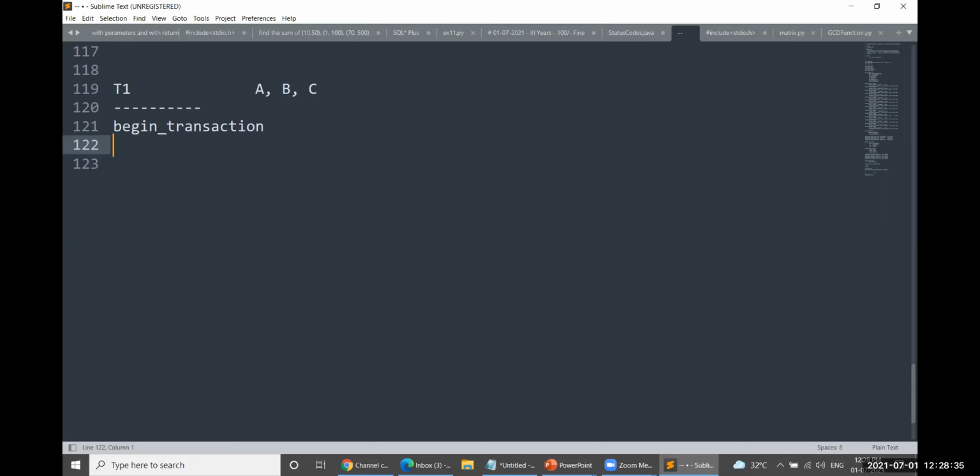After begin, what do they want to do? They are trying to read the item A. To read, first you have to operate read_lock, and after that you have to operate read_item. So A has been read. Of course, you can perform A = A + something, whatever the value may be, whatever updation you could perform. Yes, you are very free to operate your own updation.